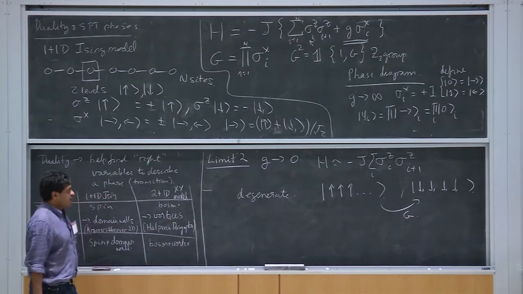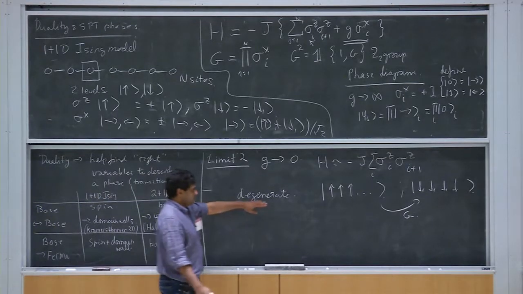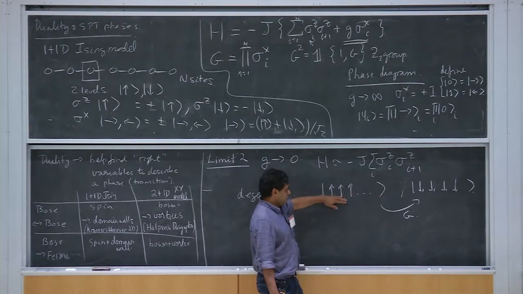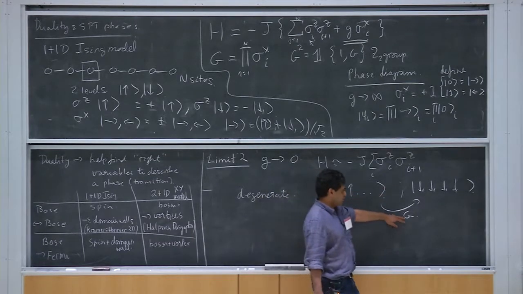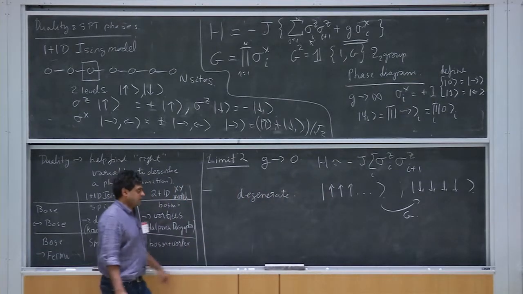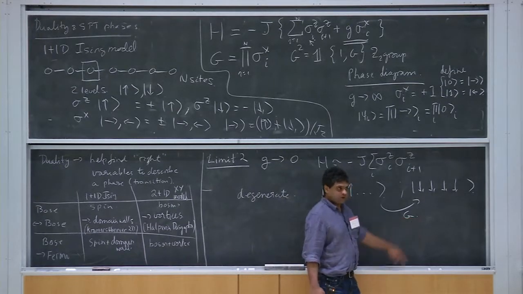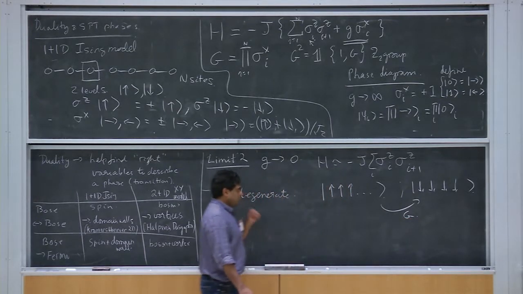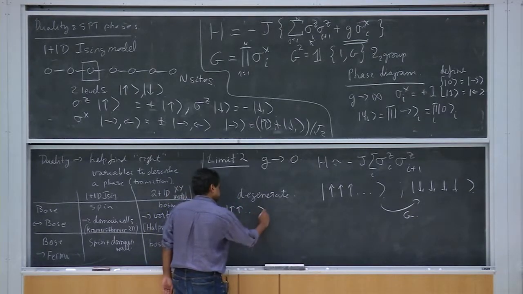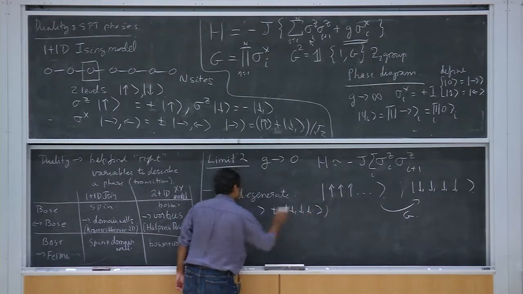Okay, so now of course if you had any amount of little g present, you would get quantum fluctuations. In a quantum mechanical system where n is finite, if you have a symmetry of the Hamiltonian, you should be able to label the eigenstates by eigenstates of the symmetry operator as well. Right, this is an operator that commutes with the Hamiltonian. Okay, but so if you had a finite system, you would of course get superpositions. Either plus or minus the state with all down.